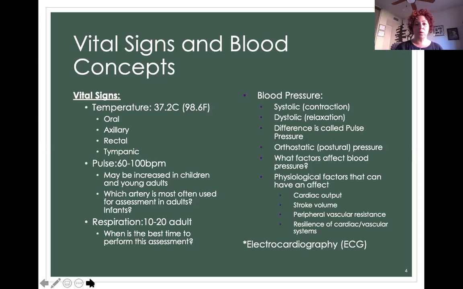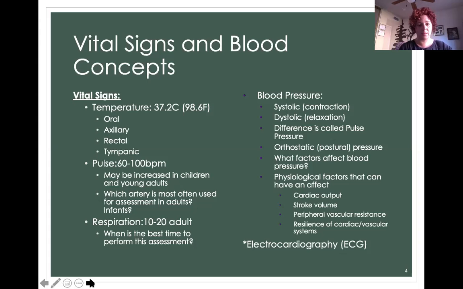You just put the little temperature thing underneath their arm and usually help them to keep their arm down until the little machine beeps. You can get a temperature that way. Rectal temperature, we really don't do that anymore. Rumor is that you need a doctor's order to do a rectal temperature. That is not a standard of